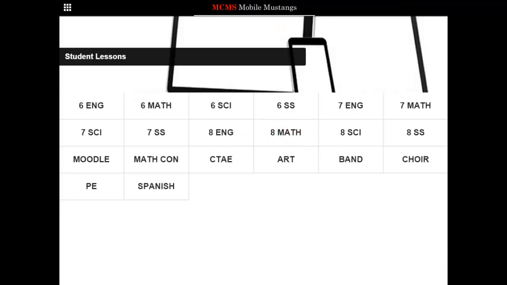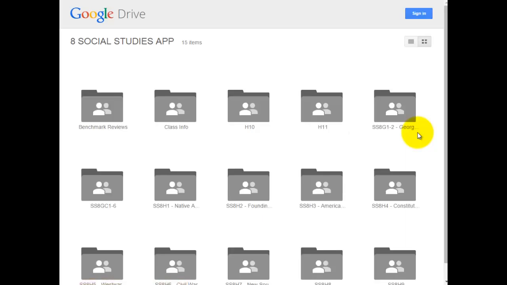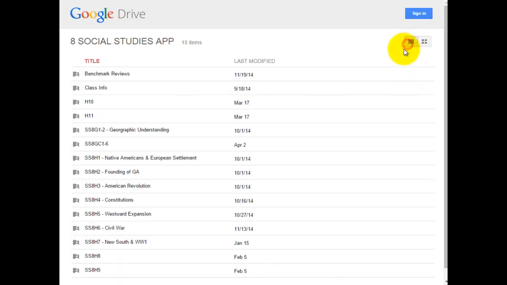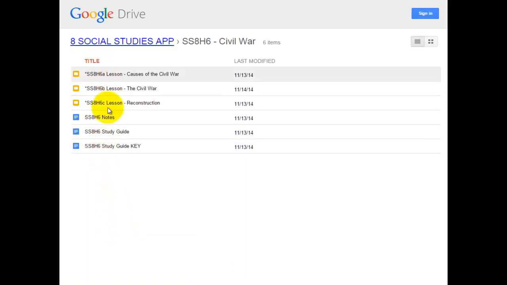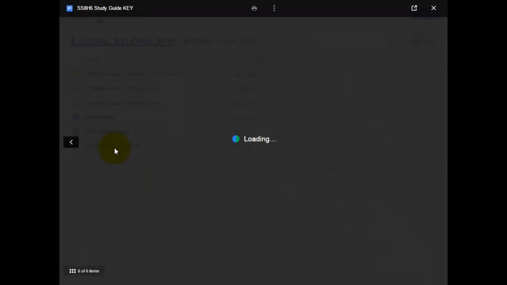If we were to go back to 8th grade social studies and go back to the Civil War, let's say I'm a parent now who has the app installed on the phone and I wanted to help my child study for the test. Well, the teacher provided a study guide with no answers and a study guide with answers. So once the parent clicks on study guide key,